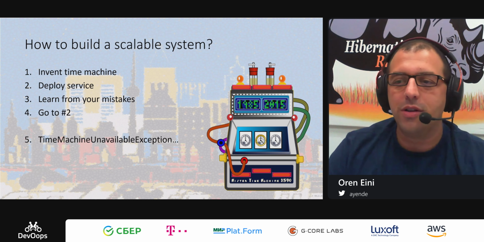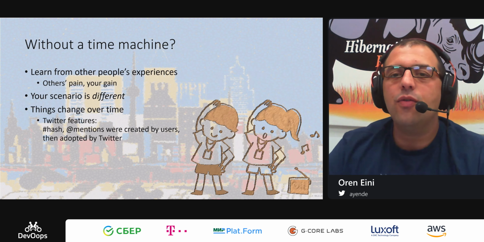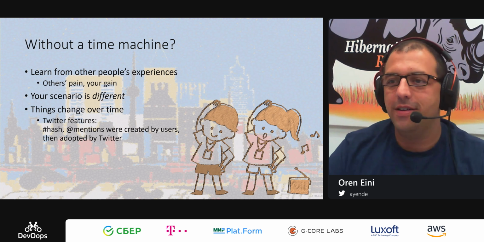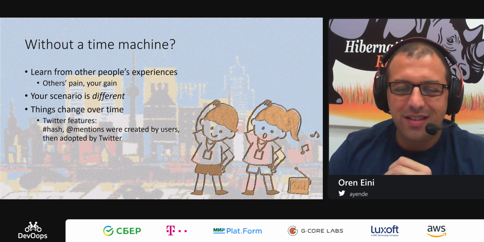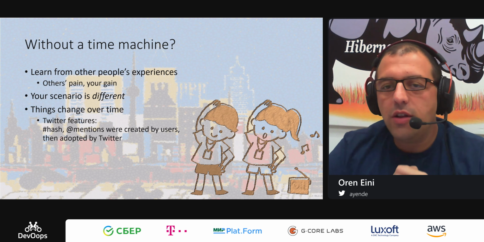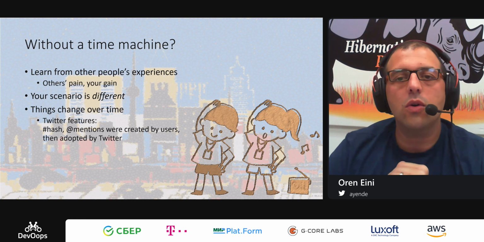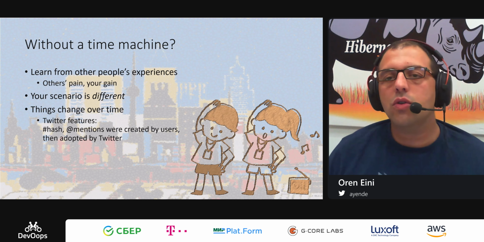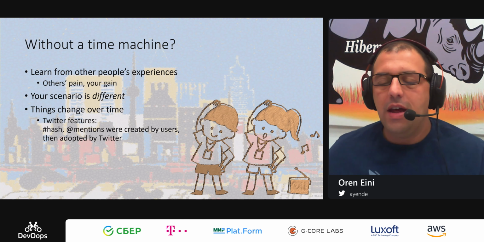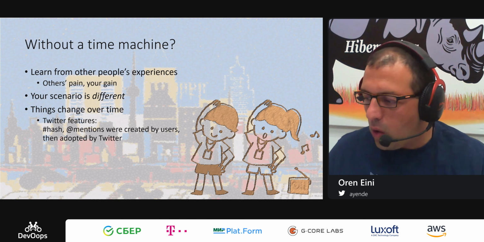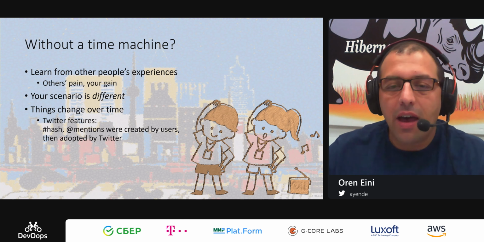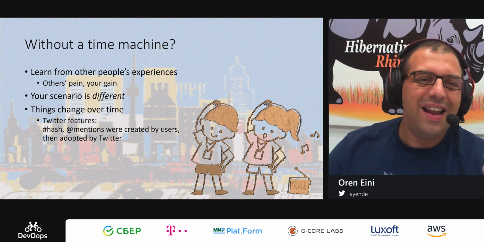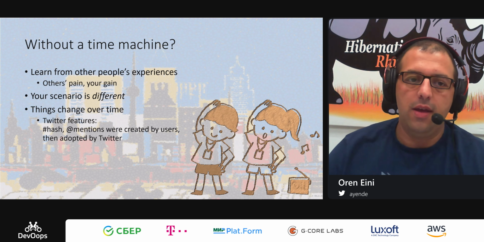The nice thing about this is that you can learn from other people's pain. There is a lot of literature and talks about how to design big complex systems. There are also a lot of postmortems: what are the things that did not work? Now you can go and copy the same architecture and the same lessons that were learned by other teams.